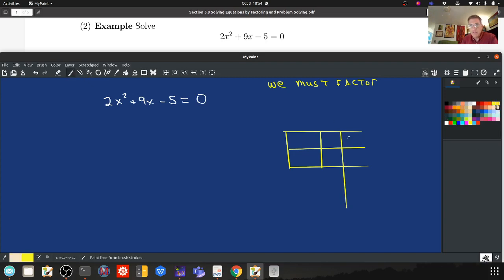So I need a 2x squared. Since 2's prime, it's not so bad. Then I have my minus 5 and my 9x. So that's going to be 2x and x. And I'm just going to leave them that way. Now minus 5, well, one of them has to be 5, and the other has to be